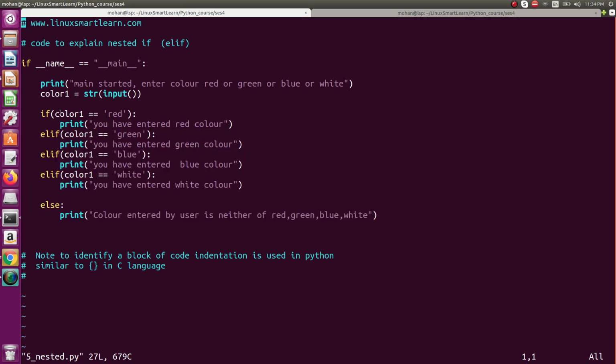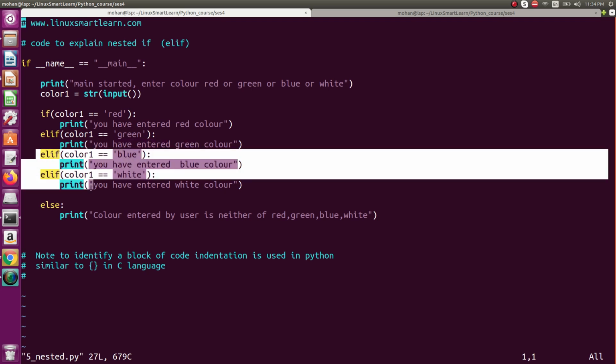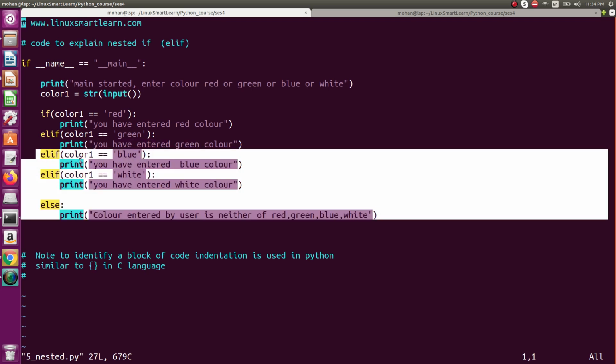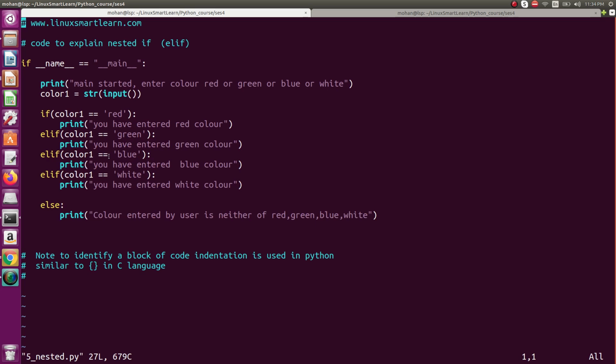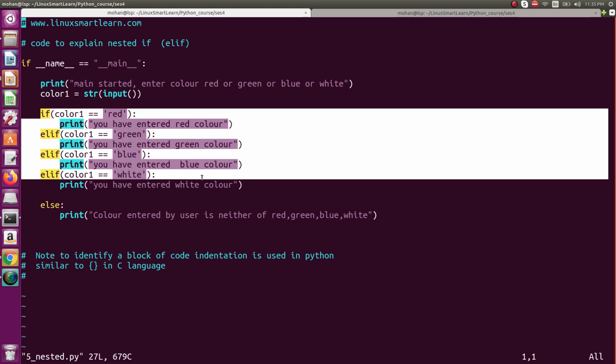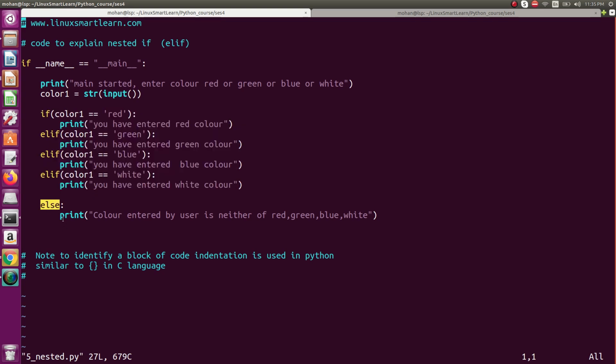Now if the color entered by the user is not red, then the check comes to here and it checks whether the color is green. If this is satisfied, this print is printed and the complete rest of the thing will be discarded. In the same way, if the user has entered neither red nor green nor blue, then the execution comes here and checks the condition if the entered color is white. If it is satisfied, this is executed and it discards the rest of the statements. If the user has not entered any of these, by default it goes to the else condition and this statement will be